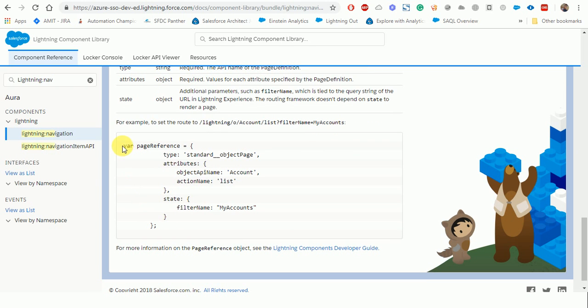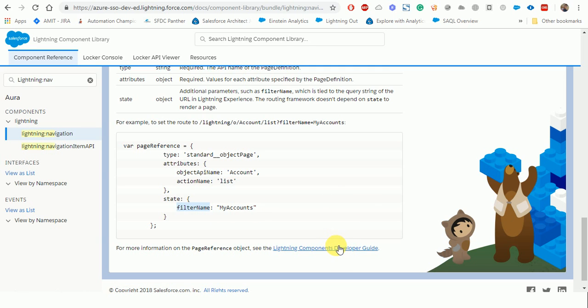We can create an object, whatever we wanted to do, like objectPage for account. We can provide the action over here, and then the parameters that we wanted to pass, in the state. The parameters can be things like filter names, my accounts, or anything else. We can pass IDs, context, date times, anything that you wanted to pass.